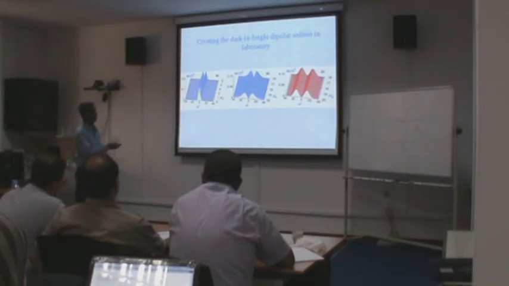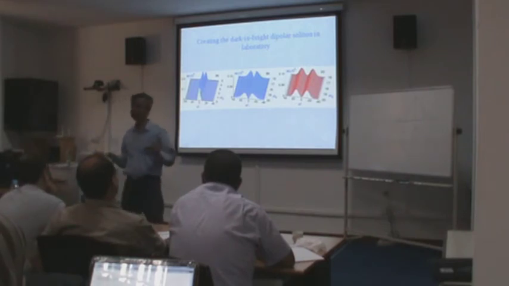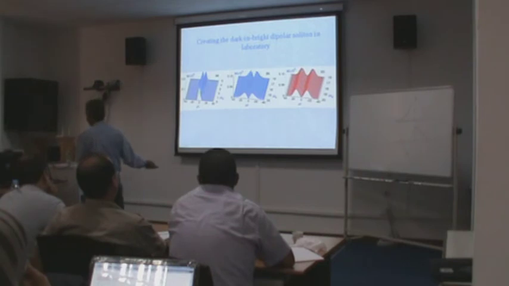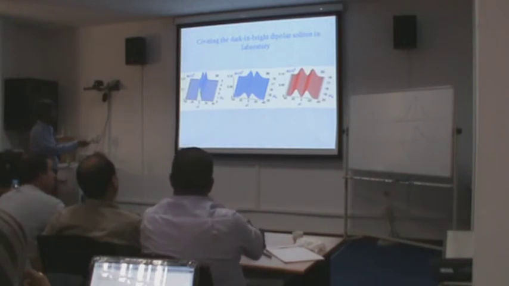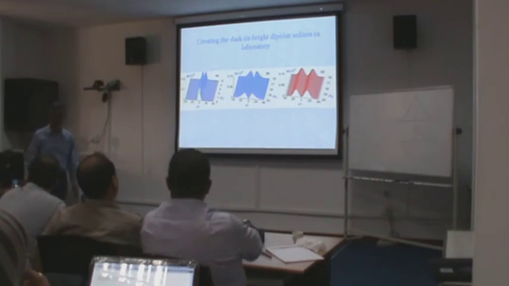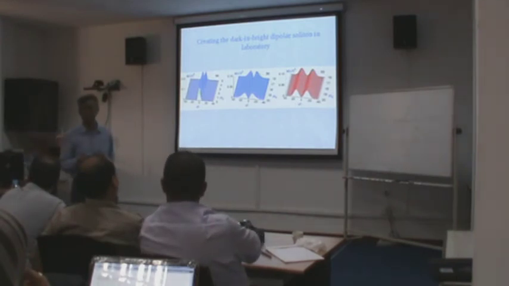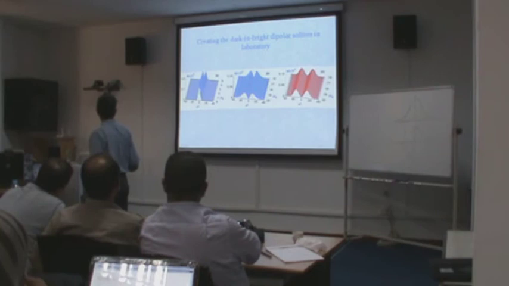And this red one is the solution of the Gross-Pitaevskii equation with a 0 introduced in the middle. This is the real bound state. This is a real dark-in-bright soliton. So this slowly converges to a real dark-in-bright soliton. So this can be made in the laboratory. This is reasonably stable.